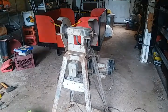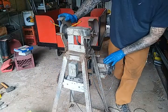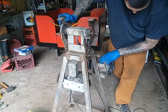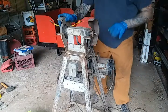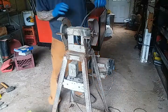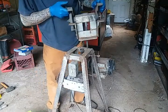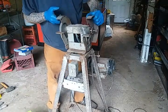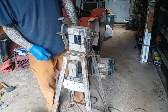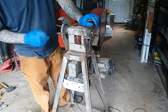Now, it's got 2 motors. It's got a motor here and a half-horse motor here. Half-horse Westinghouse. He told me the motors run. I haven't tested them yet. I snipped the belt so that I could take this apart, and I have a car, not a pickup truck. So I took the bigger motor off and put it in the car for transport. But for $5,